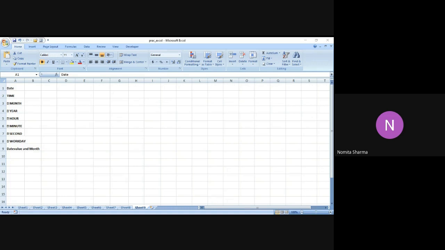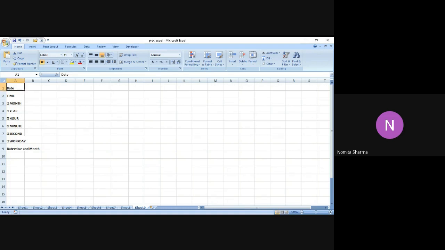In a similar manner, when we talk about the year function, in the year function also it will give us the same meaning, that is it will provide us with the year of the particular date that we have entered in the year function. Again, in this case, we need to have the serial number required, and if we do not know the serial number, then we can give the date in the double quote and get the year of that particular date. In a similar manner, we have the other functions like second, hour, and minute, and they work in the similar manner.